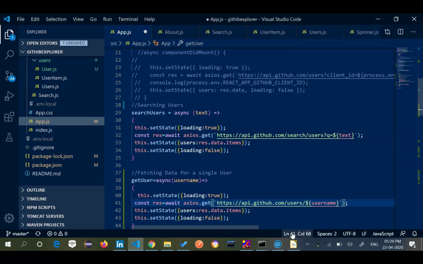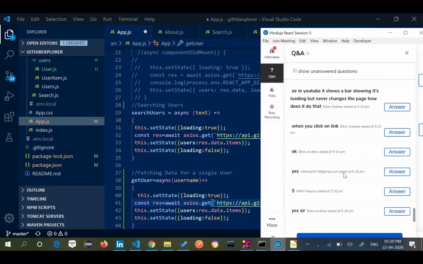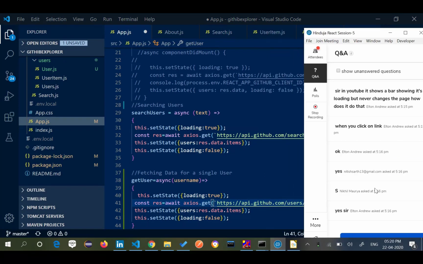Everyone clear what I did here? First point, to fetch the data of a single user, I change the URL and set the username. Obviously, I'm going to get this username from somewhere.